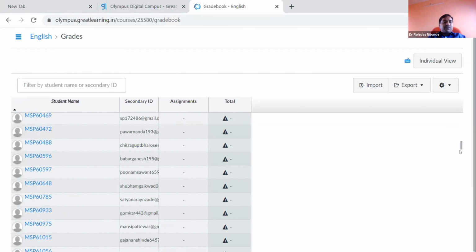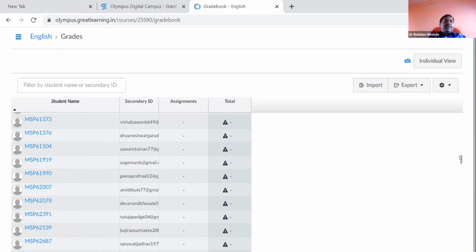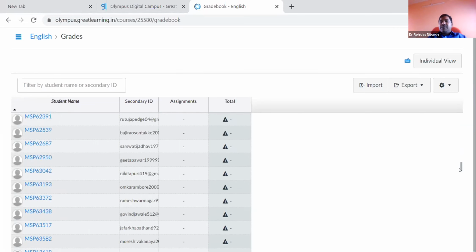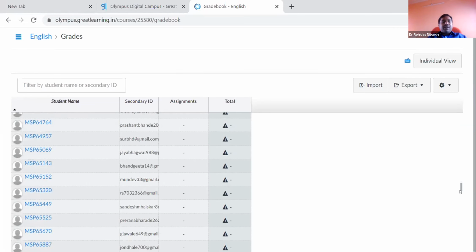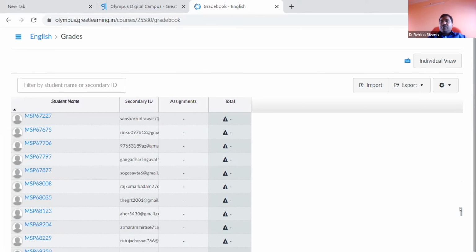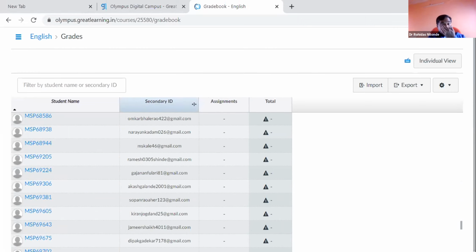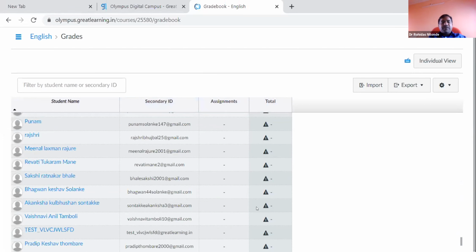You would find that here are so many students with only the MSPM ID. That means they have not yet accessed our portal and changed their name into the original name. Otherwise, you would find these are the email IDs of those students who have not changed their name. So they will automatically get lesser marks and grades in the assignments. So it is a must for all of us to join our classes and participate in this Great Learning platform.